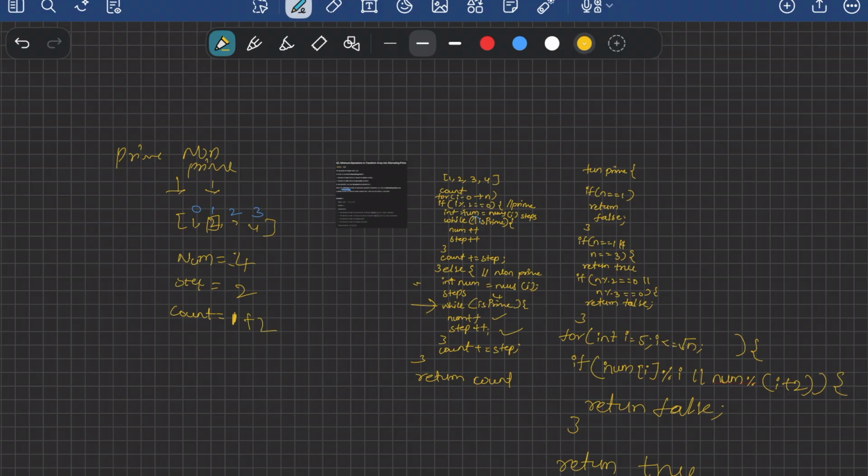Now the next element is 3. So at even index you need to have prime. So it will be checking whether it is prime. So it is prime, so count. So here you will be having 3 and step will be 0. So as it is prime, so it goes into the next. So you'll be having the step as 0 and the next it is going to,